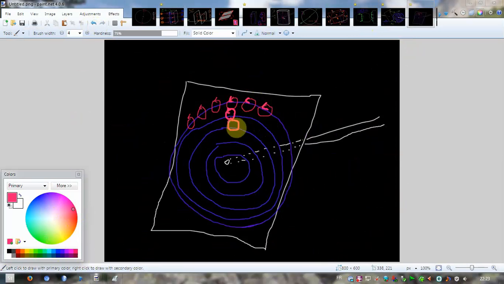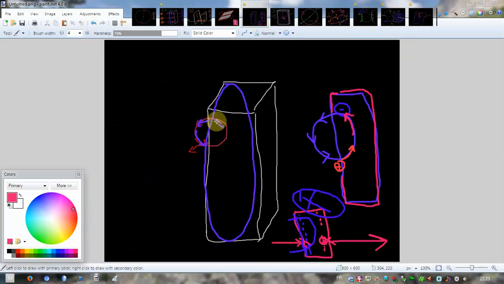Let's explain this carefully because this is very, very important. There is no electric field here, it doesn't exist at all. So the first field will flow like this and he will find